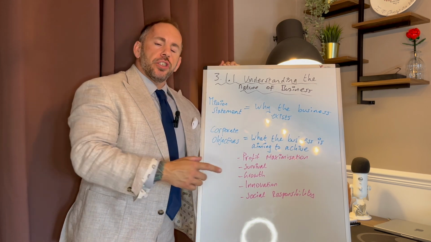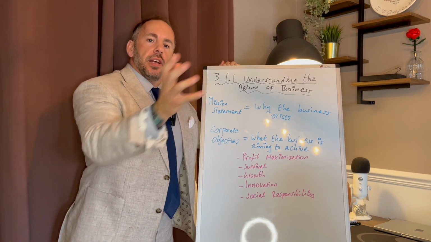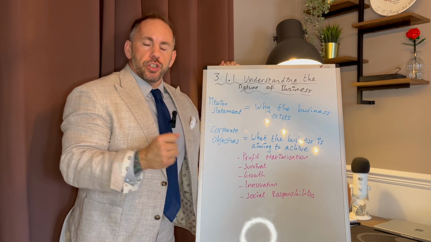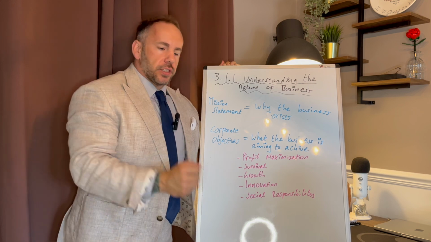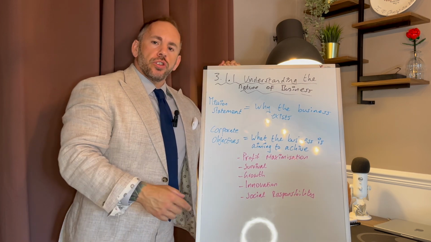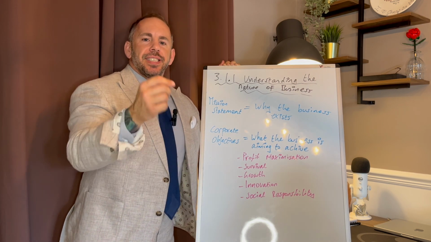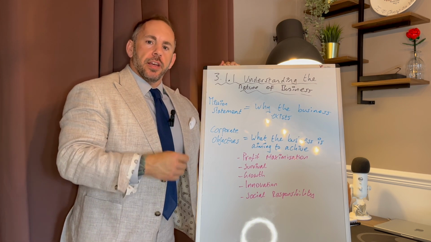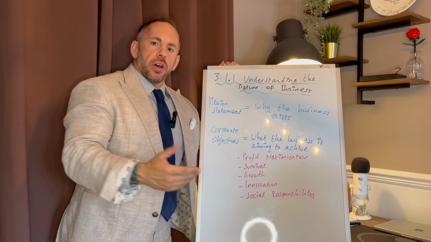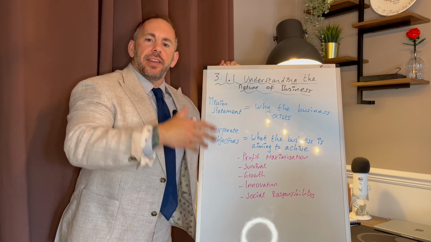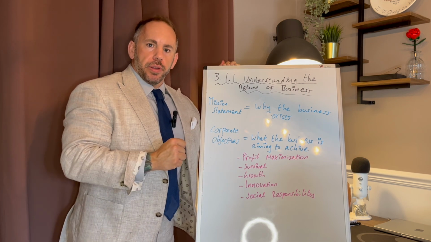And then we've got innovation or differentiation, which links to some of our theories, such as Porter's generic strategies or the Ansoff matrix. And then social responsibility, often known as CSR, corporate social responsibility, or ethics, which, as we know, links to Elkington's triple bottom line and Carroll's pyramid.